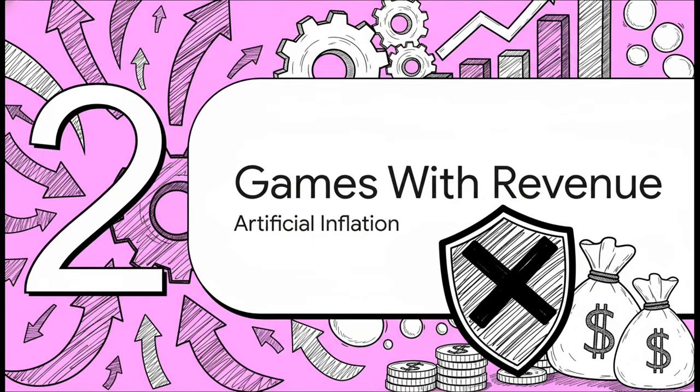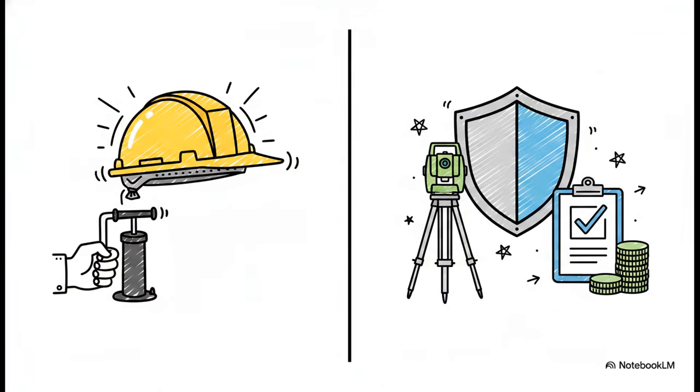Section 2. Playing games with revenue. Let's look closely at the specific schemes companies use to artificially pump up those income streams. So, the loophole we just talked about is inflating that POC to overstate revenue. But how does the standard stop this? The AS7 fix strictly dictates that artificial inflation is absolutely not permitted.